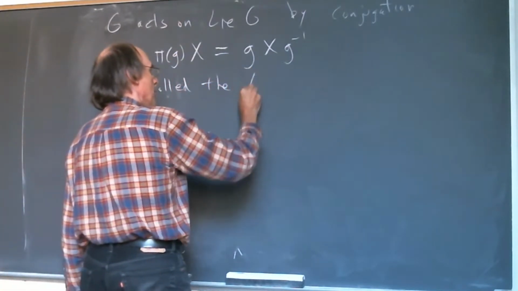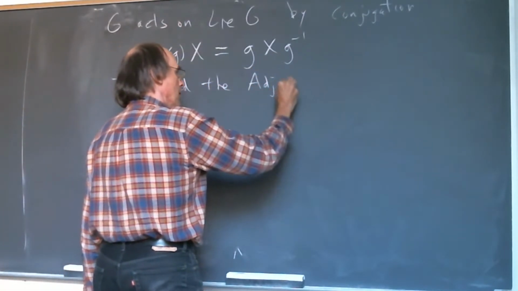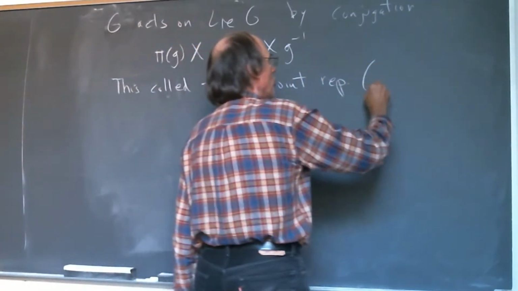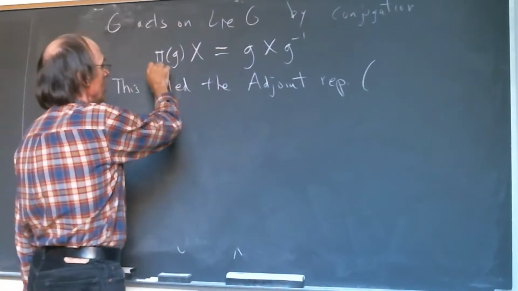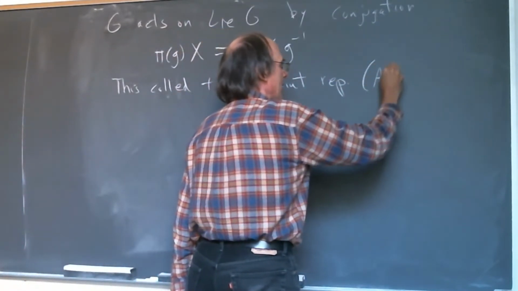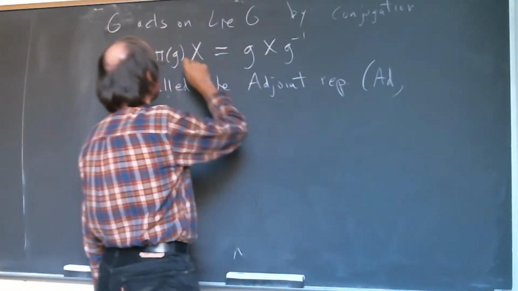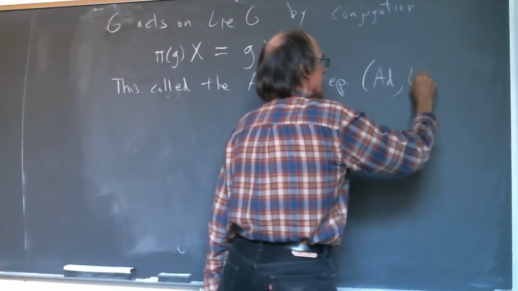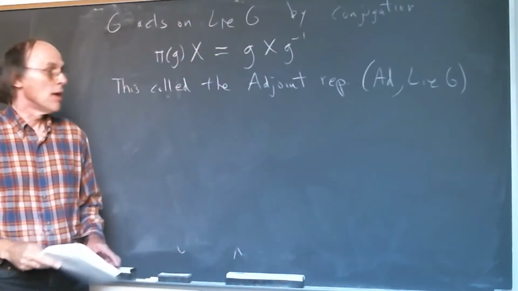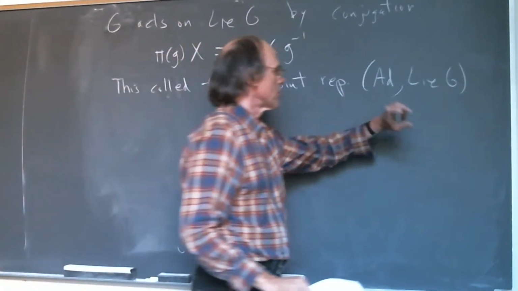The adjoint representation, and so we'll write it, instead of pi, we're going to write big Ad, and then the space that you're acting on is Lie G. Okay, so one part of the story is that